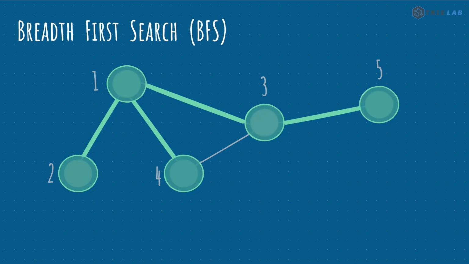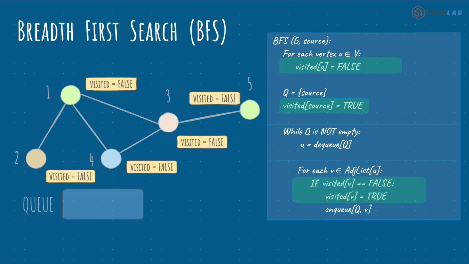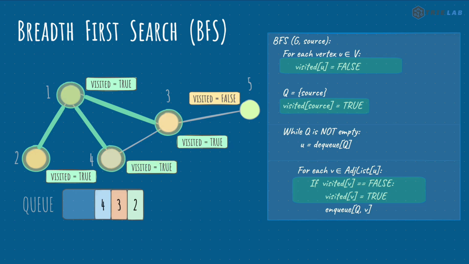Now, in terms of implementation, we can simplify the process of tracking node states like undiscovered, discovered, and processed using a single visited array. Each index of the visited array corresponds to a particular node, and we will initially set it to false to signify that the node is undiscovered, and it will then be set to true when it's discovered and added to the queue. Since we process a node only after discovering all its neighbors, we don't need a separate marker for processed state. The queue naturally handles that sequencing. This keeps our logic clean and helps avoid revisiting nodes during a traversal with graphs having cycles.